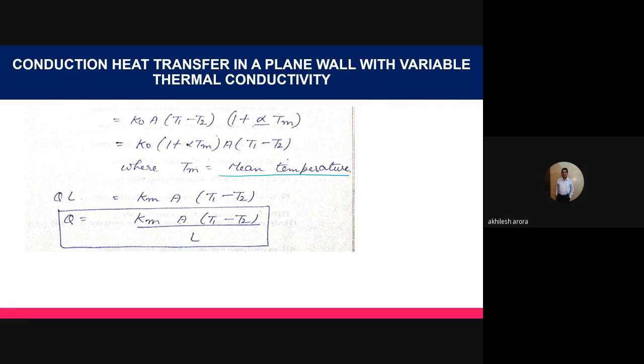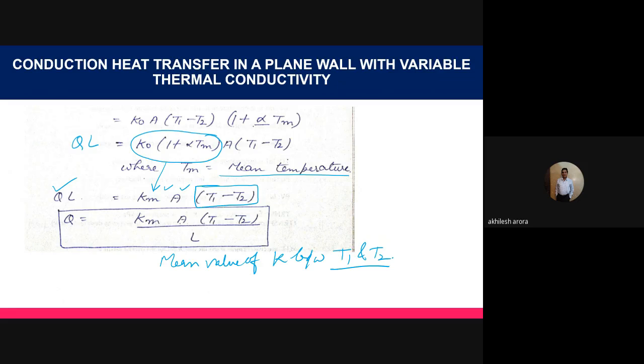Then I told you that this value k naught into (1 plus alpha Tm) can be written as Km. What is Km? It is the mean value of the thermal conductivity, the mean value of k between T1 and T2. So finally the expression, here we were having Q into L. So Q into L is equal to Km into A into (T1 minus T2). So finally the expression for Q comes out to be Km into A into (T1 minus T2) divided by L. So if you know the value of the mean thermal conductivity, then you can directly replace the value of